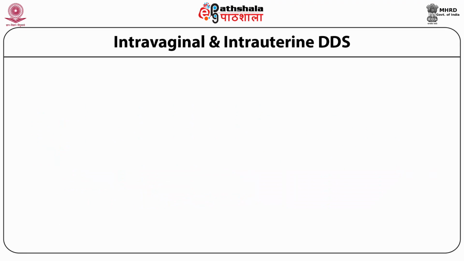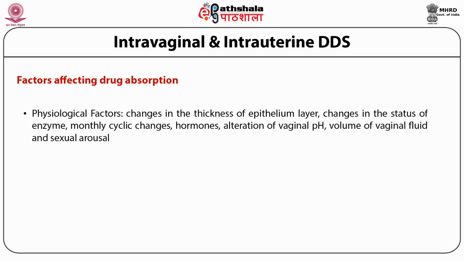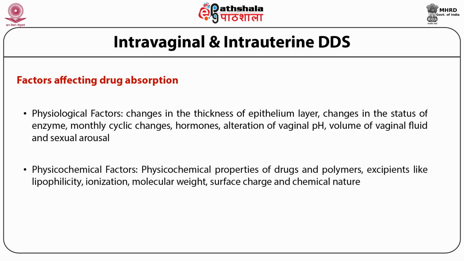In order to design suitably successful intravaginal and intrauterine controlled drug delivery devices, there are certain factors which need to be assessed. The first factor is the physiological factor, which includes the changes in the thickness of the epithelium layer, changes in the status of enzyme, monthly cyclic changes, hormones, alteration of vaginal pH, volume of vaginal fluid, and sexual arousal. The other factors include the physicochemical factors, which are the physicochemical properties of the drugs and the polymers,